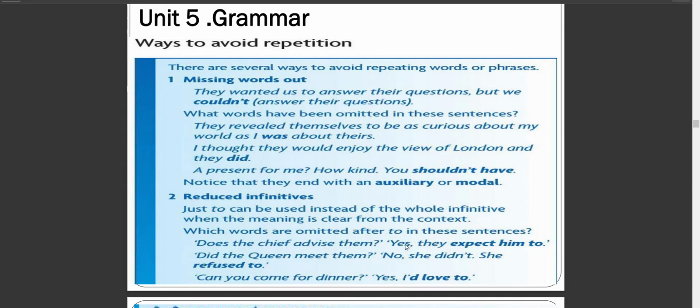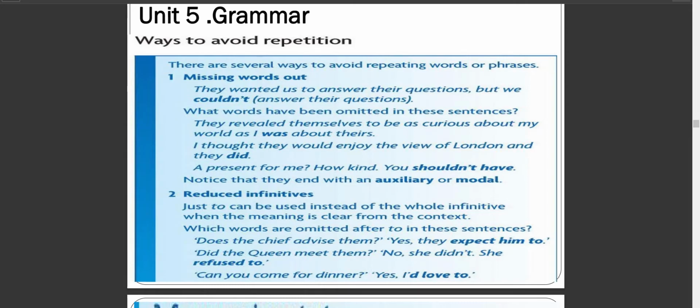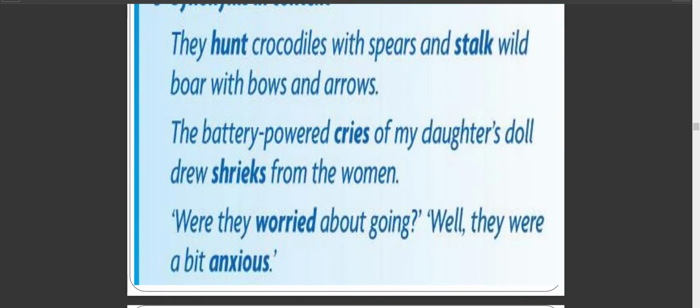Does the chief advise them? Yes, they expect him to. Right? Did the queen meet them? No, she didn't. She refused to. Can you come for dinner? Yes, I would love to. Right? We have synonyms,